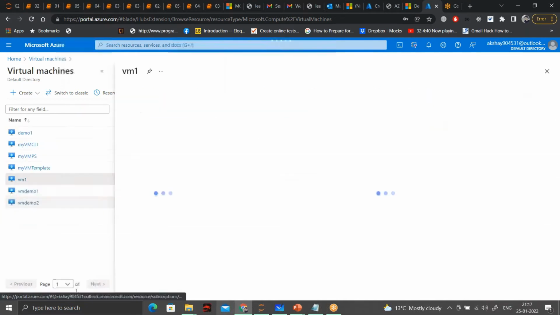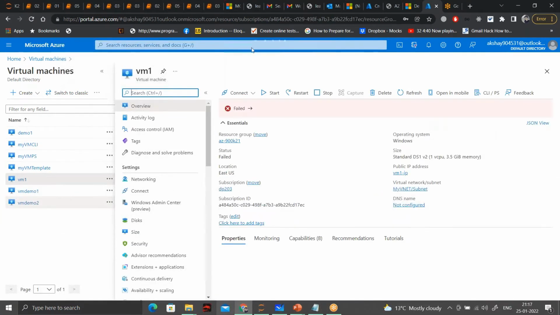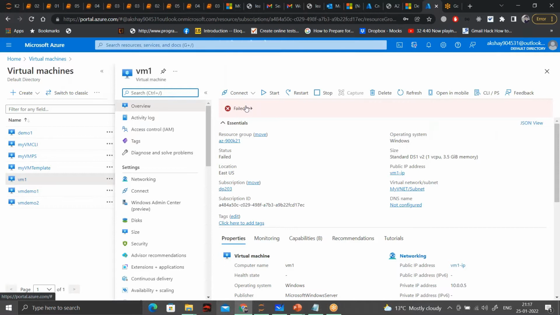Okay, this is in still creating state. Okay, so let me delete all the machines first.